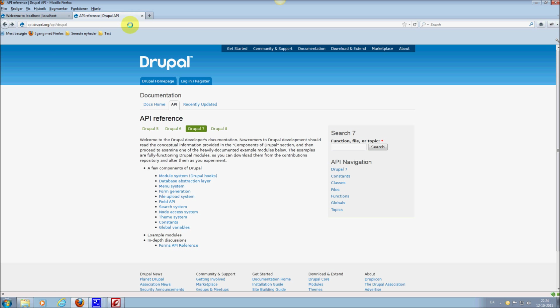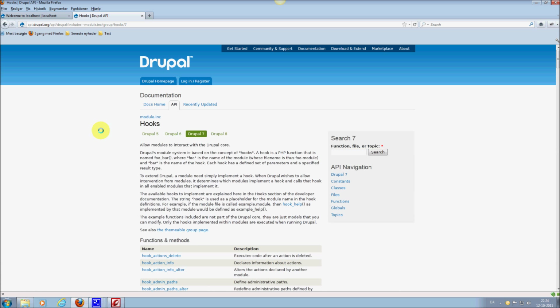A great information source is of course the website at api.drupal.org, where you can read a bunch of information about module building in Drupal, and all the hooks you can read about here. There's a bunch of stuff here you can learn from. So a great site. But anyways,